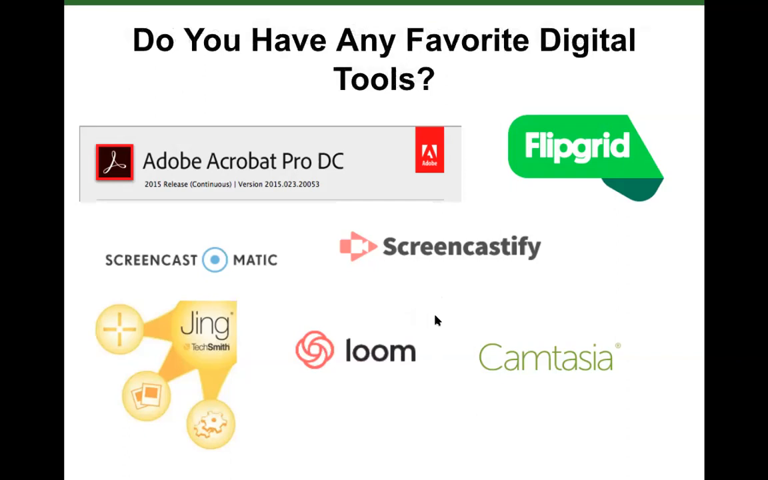So I think I'm going to pause here and stop sharing for a minute, and then see if folks have any of their own favorite digital tools to share. And also bring us back to that a few slides ago I mentioned